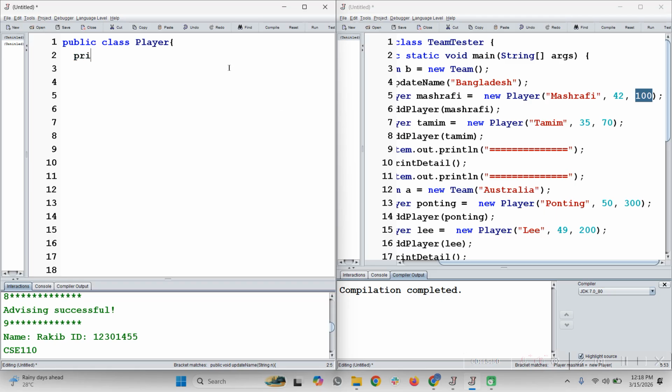So let's take three variables: private String pName for the player name, then private int age, and private int totalMatch. So we know that if we consider a variable as a private variable, we can't directly access this variable